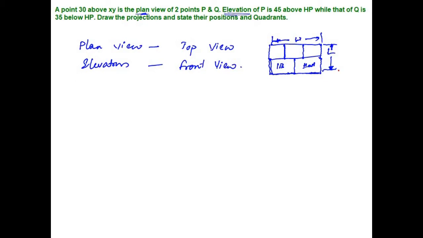But when I call elevation, that means you have a huge building, a different structure. Something like this. So I'm seeing from the front. Elevation means seeing from the front. In our general day-to-day language, we will say the elevation of a building is very nice or looking very beautiful. That is nothing but when I'm seeing from the front how that object is looking. That is what is called an elevation.